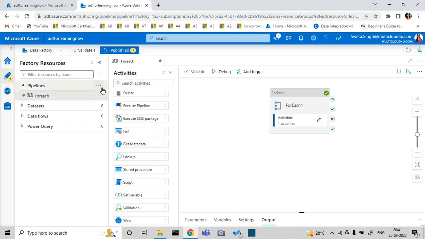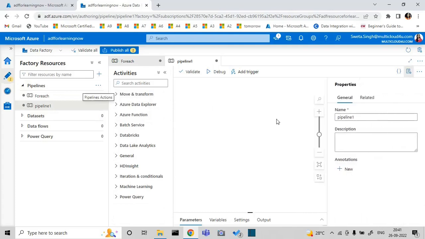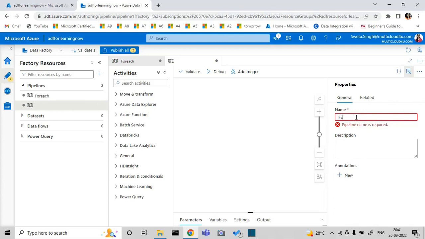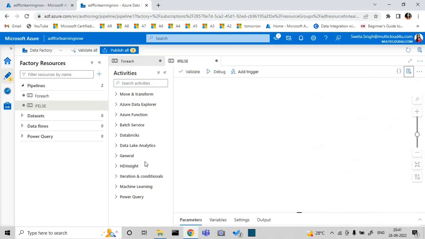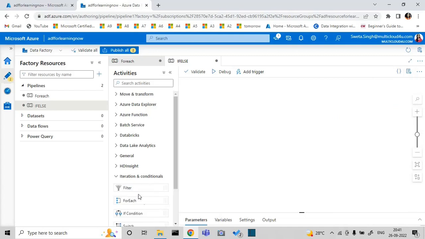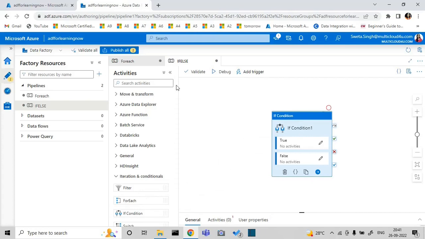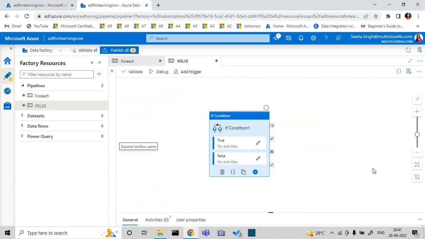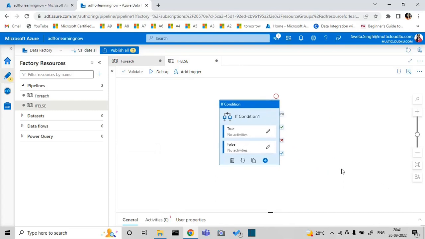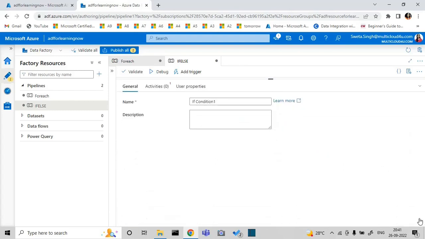Now we'll create another pipeline for the demo on the if condition. So I'm going to give it the name if else, and here you can find this if condition activity. In this case, what I am going to do is